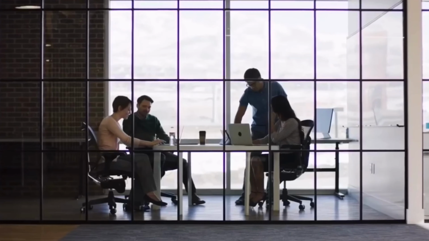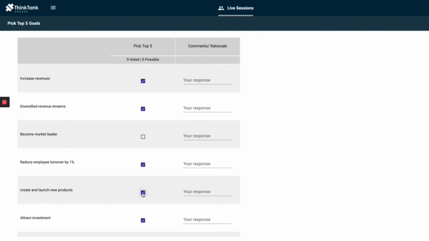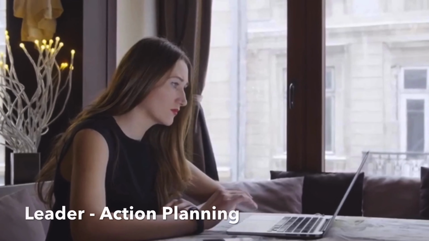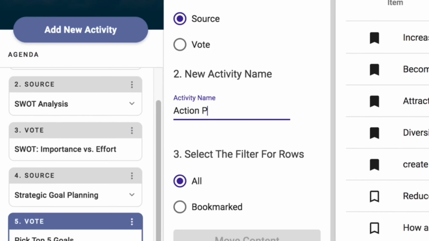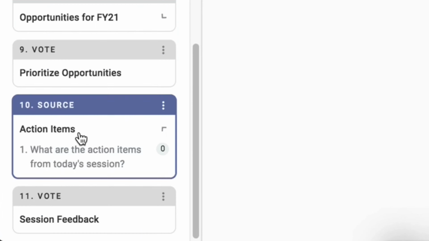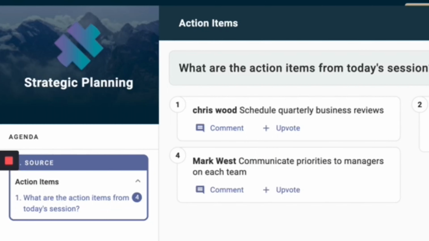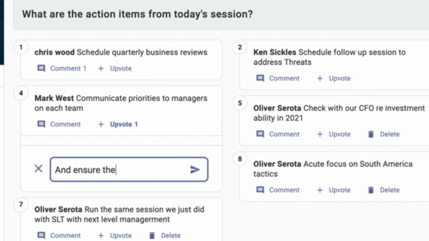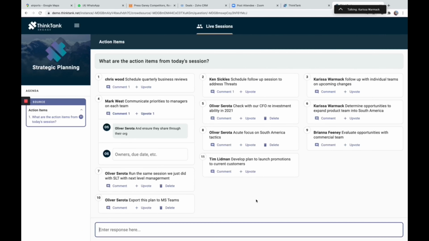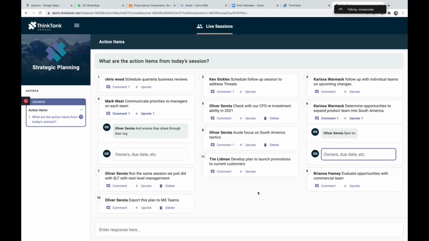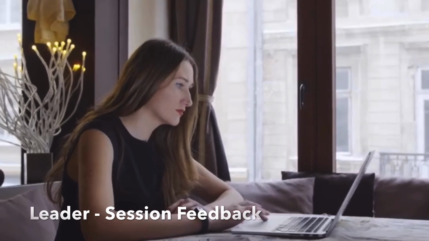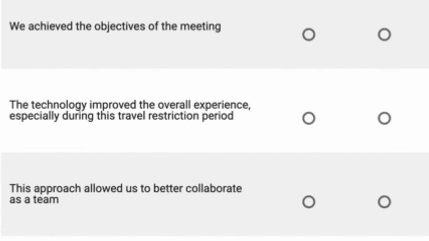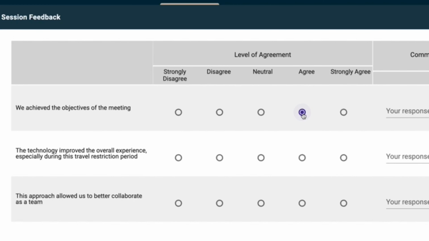With the team aligned around strategy, priorities, and now their top 5 goals, the leader now moves the group into an exercise to generate a clear and accountable set of actions that can be assigned to leadership and the global team. Once the actions have been rapidly sourced and captured, all that's left to do before generating some reports is to engage the participants in some feedback on the session and the process, allowing them to share praise and constructive input that will further drive successful execution of the strategy.